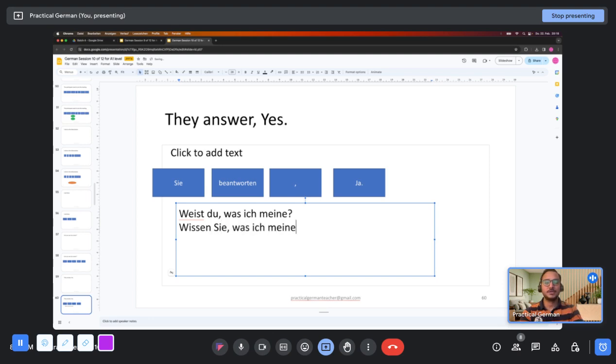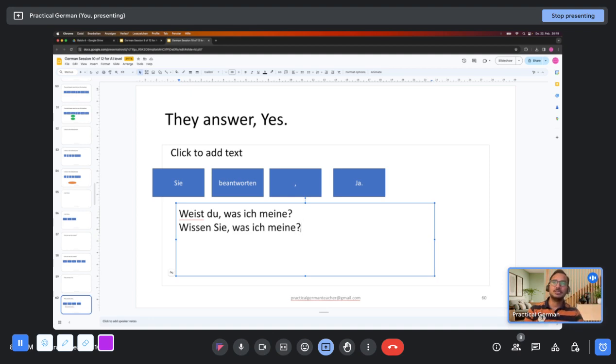Whenever you're trying to explain something to someone, for example, 2 days ago I wanted to buy, I still don't know how to say it right, something that you wear around your neck and you can also put over your nose. I just told him, and again he was not getting it. So I said, "Was ich meine?" Do you know what I mean? And the moment I say it, people really want to understand what I'm trying to say, even though at that moment I cannot pick up the vocabulary from my brain.